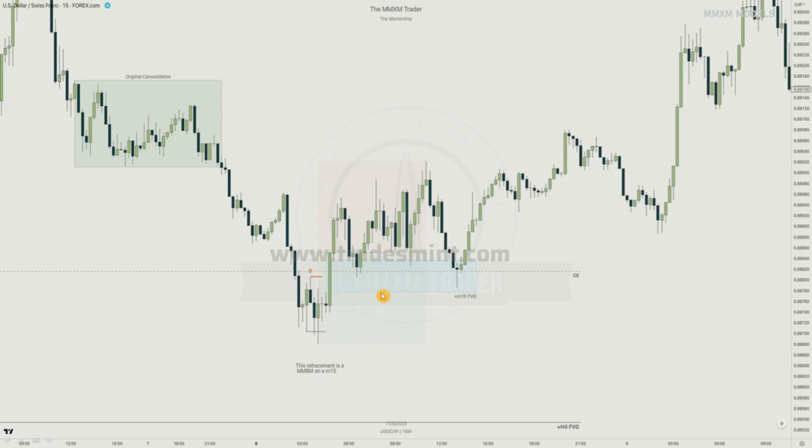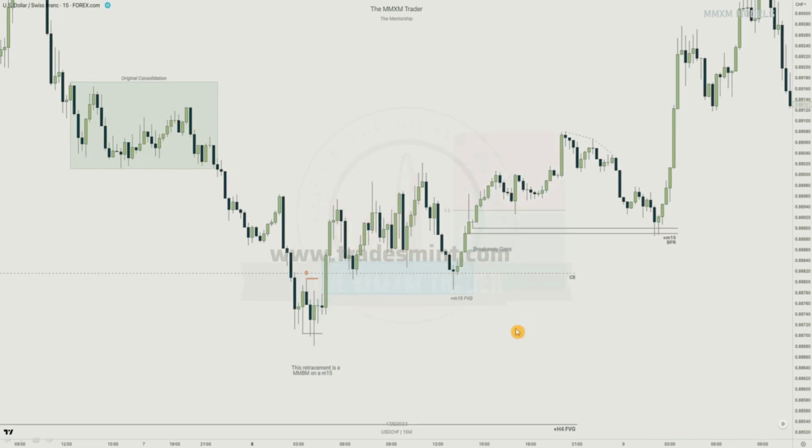Then this fair value gap is a discount array, and you can see price liquidates this one. And again, this is a high resistance liquidity run, right? Because we just take out this low and then reject immediately. So order flow is bullish. And then we've got another breakaway gap. Why? Because we have that PD array, right? That redelivered, rebalanced PD array, which is a balanced price range. So we have two opportunities to get in on this market maker buy model, and let's see how that looks